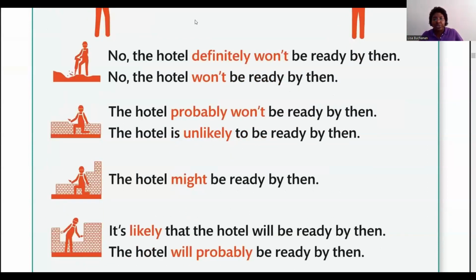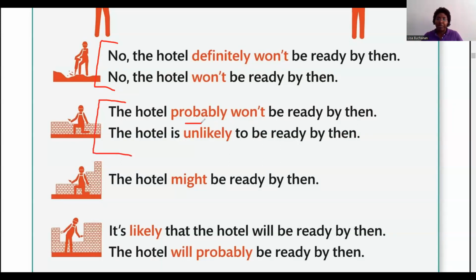Let's look at the first two example sentences. You can say, no, the hotel definitely won't be ready by then. No possibility. Very strong. Next one. No, the hotel won't be ready by then. Also strong possibility. The next two examples, we can say the hotel